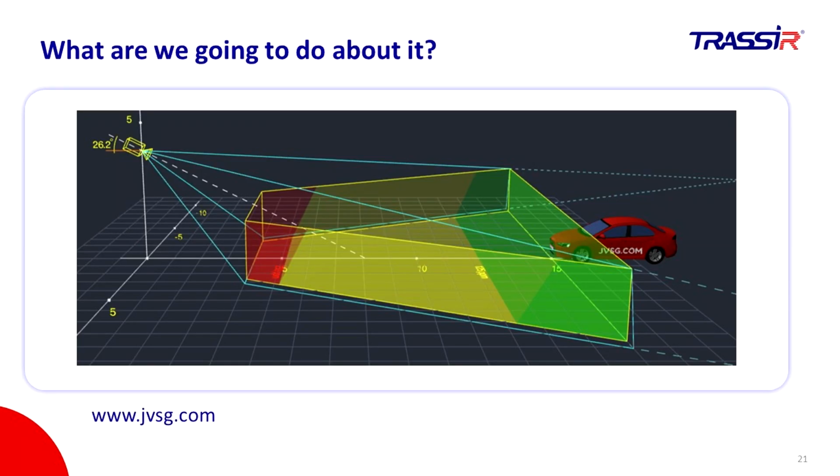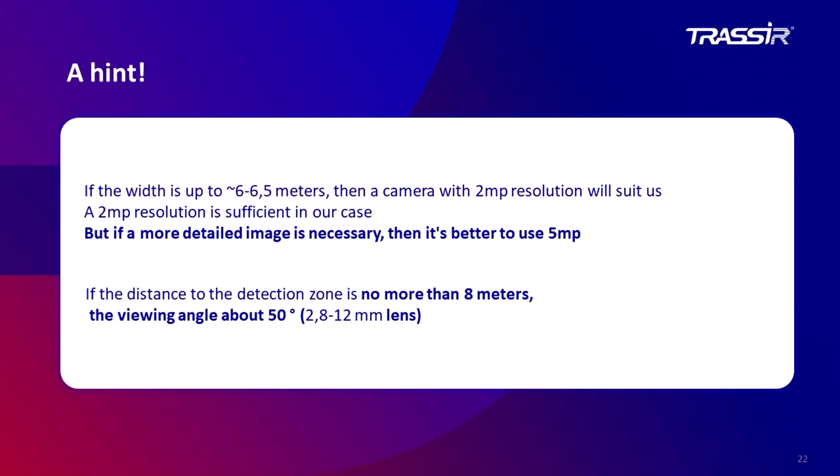To check how it will look, we use the program we discussed separately at the camera selection training. If you haven't been to it, then you can find it on our channel. The program is jvsg.com. We will not go into detail now. If the width is up to 6 or 6.5 meters, then a camera with 2 megapixel resolution will suit us. A 2 megapixel resolution is sufficient in our case. But if a more detailed image is necessary, then it's better to use 5 megapixel. If the distance to the detection zone is no more than 80 meters, the viewing angle about 50 degrees,